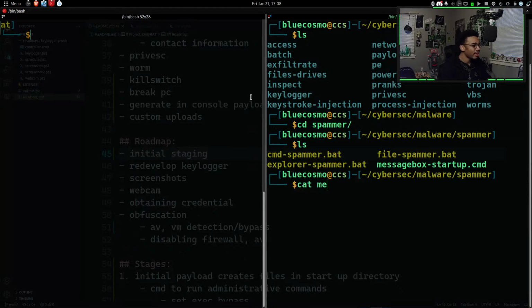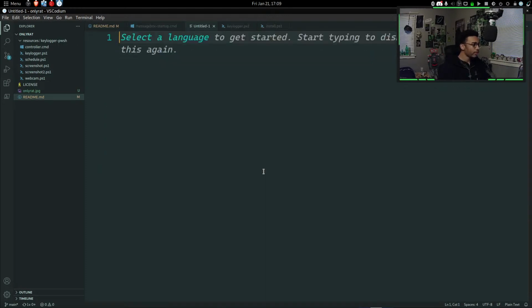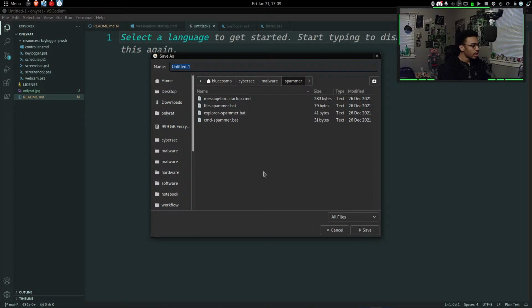Yeah. So cat. Let's just do Cosmodium. Nope, that's not right at all in any way, shape, or form. Cosmodium, and then we can take our message box startup and add it in here. Perfect. This section is what I need. Actually, I'm just going to copy this. All right, we're going to make our new, we'll save this as